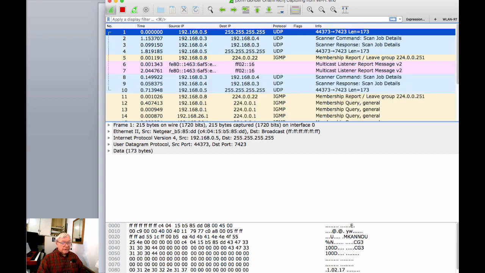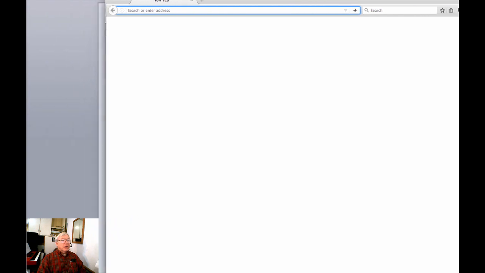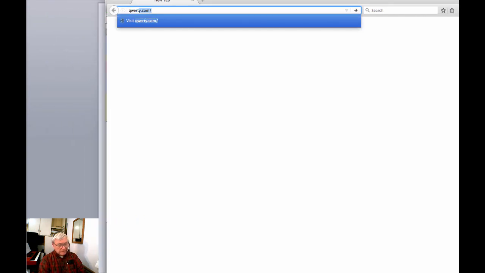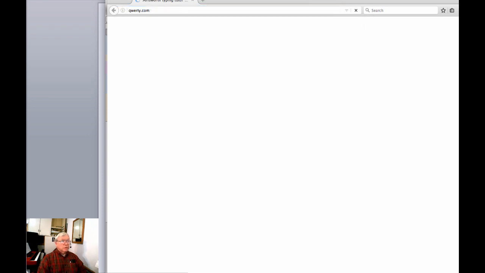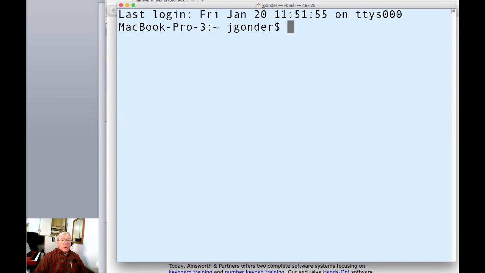Now, one of the things that you might be asked to do normally in Wireshark in a lab is to go to a particular website, and I'm going to go to QWERTY.com here. And it also will likely be the case that you may be asked to generate some traffic yourself.